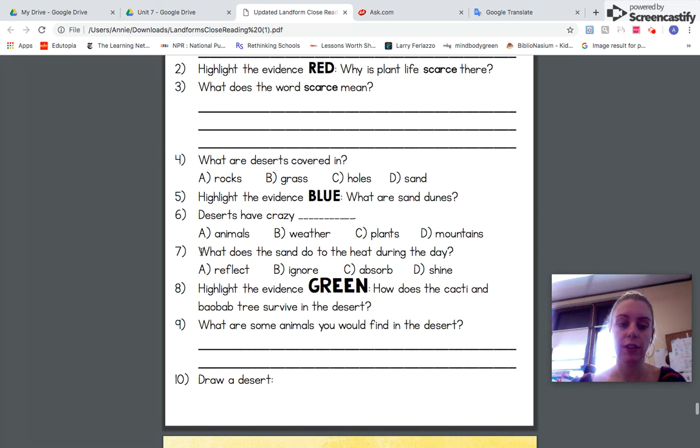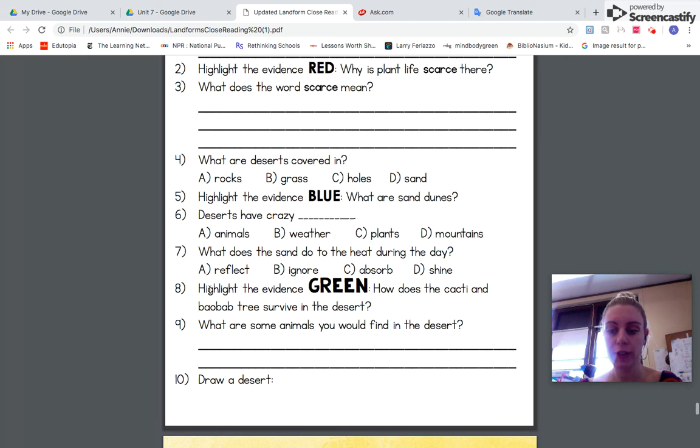Number 7, what does the sand do to the heat during the day? A, reflect, B, ignore, C, absorb, or D, shine. Remember, we looked up this word, right? Absorb means to take in, okay? Number 8,